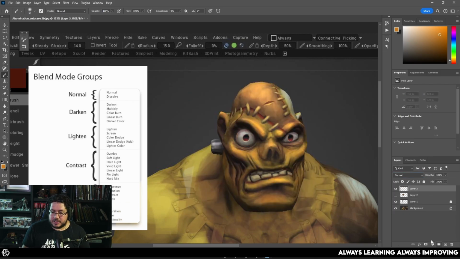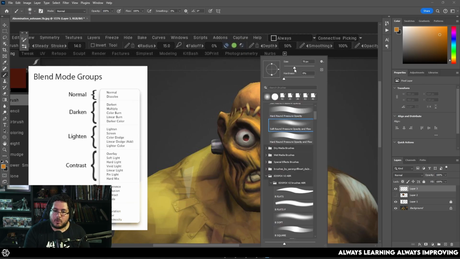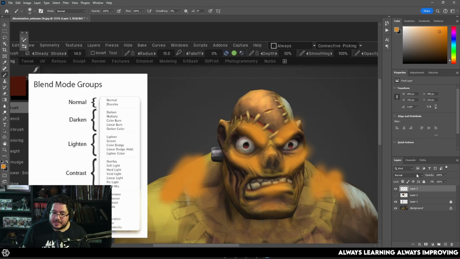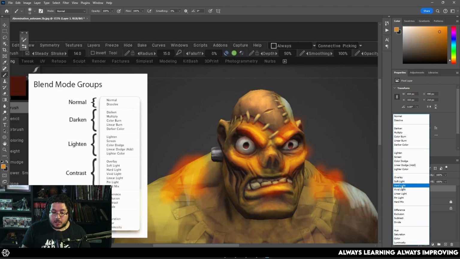Right now I'm using an image, but if we go back to hand painted stuff, like if I grab this orangey highlighted color and I add a little bit here, up here, over here, and I set this layer to vivid light, it will burn the whole thing. It will make it glow, or it will just push the values and the contrast up, which is a lot more than hard light. You can see the difference: hard light, vivid light.